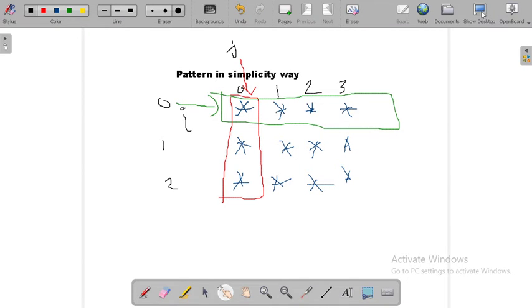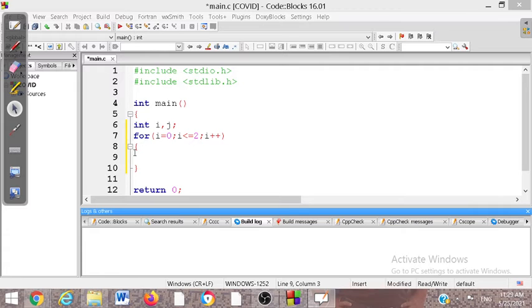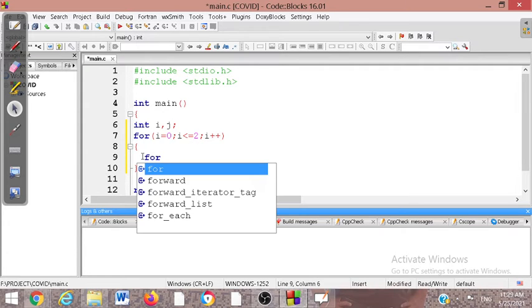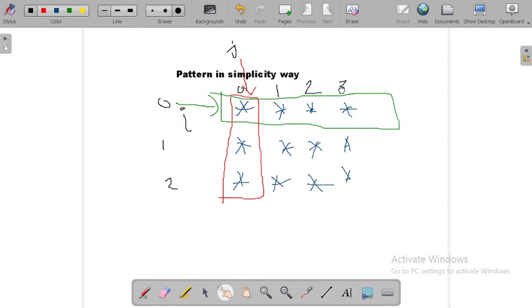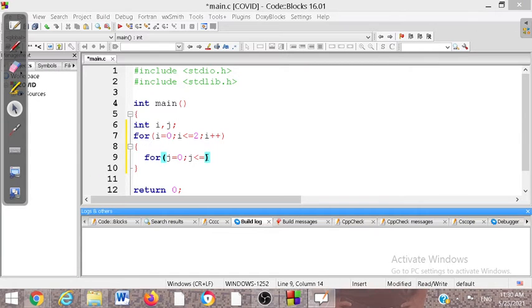I use for, and inside it j equal to 0 as the starting condition, and j less than or equal to 3, because j will move from 0 to 1, 1 to 2 and 2 to 3. So the last condition is 3.